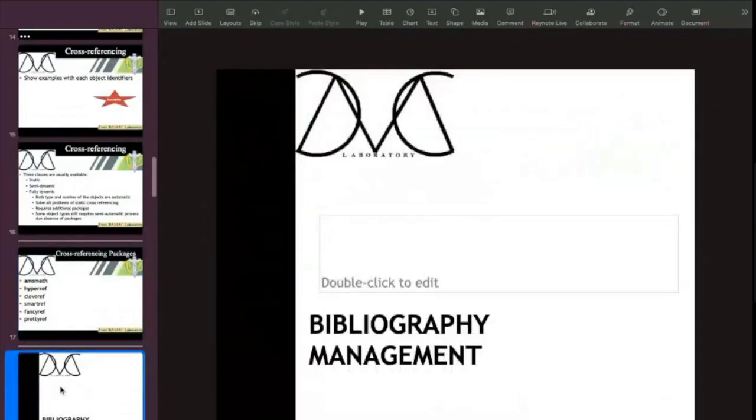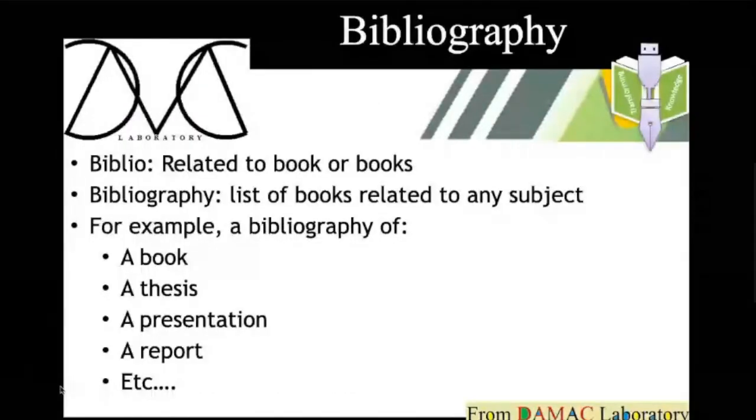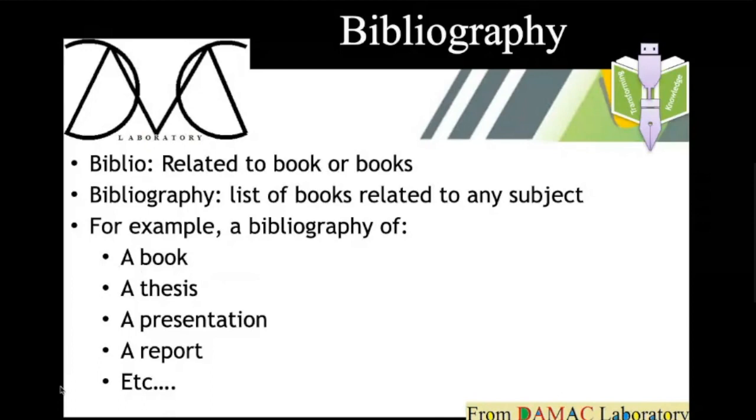Now coming to bibliography management, that is the second part of this topic, cross-referencing and bibliography management. For bibliography management, as I said, biblio means a lot of related books for a particular topic, right? Instead of books, you can consider related articles for a particular topic. So a bibliography gives you a list of articles, books, content related to a particular subject or topic, and these